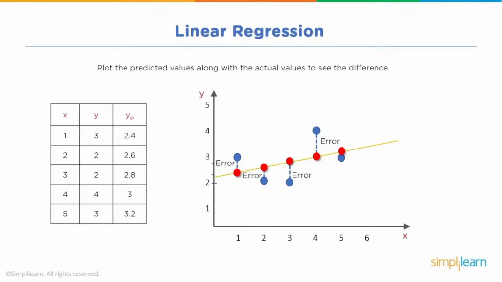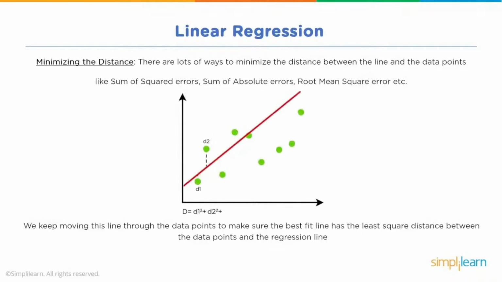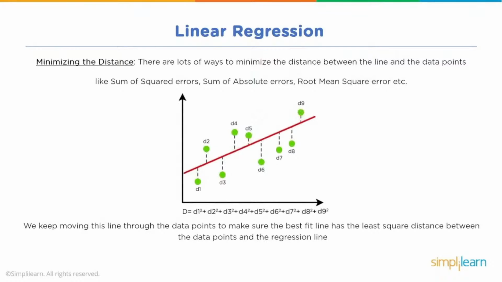And we draw in a little line so you can sort of see what the error looks like there between the different points. So our goal is to reduce this error. We want to minimize that error value on our linear regression model. Minimizing the distance. There are lots of ways to minimize the distance between the line and the data points, like